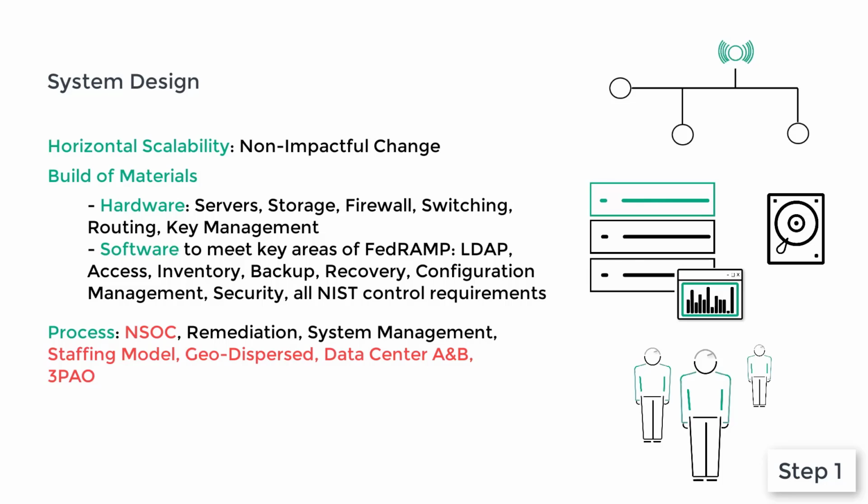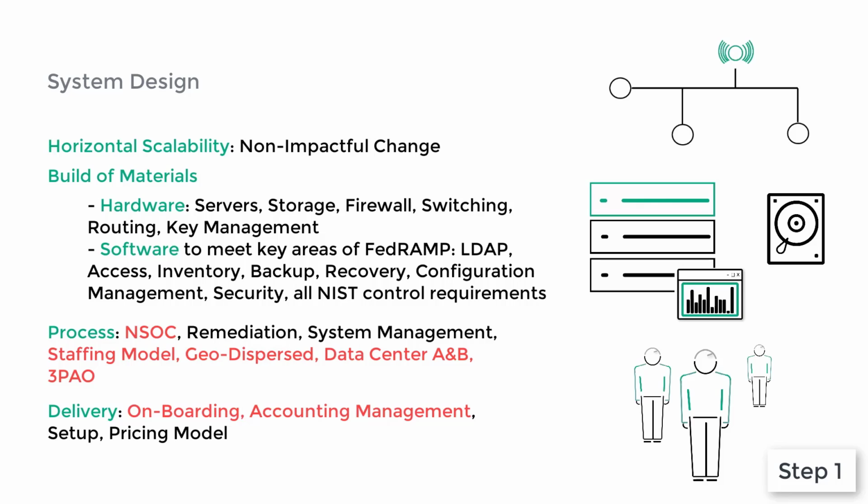In a FedRAMP environment, it has to be geographically dispersed. And so what does data center A look like? What does data center B look like in a FedRAMP environment? You're also going to need a 3PAO to inspect your environment. They create essentially a penetration test and a report that's then given to the Joint Authorization Board, the JAB, and to GSA, and that's kind of in a FedRAMP environment. But the 3PAO really is the guys who are helping you create and validate and make sure all those controls are in good shape.